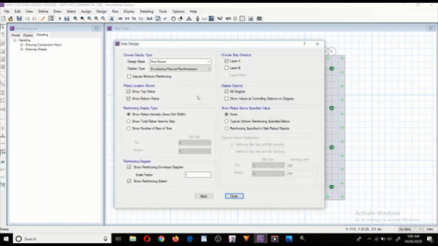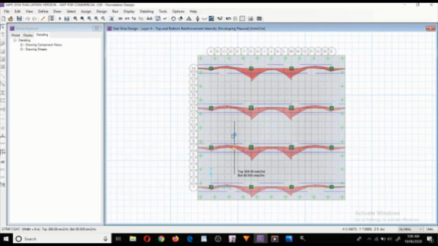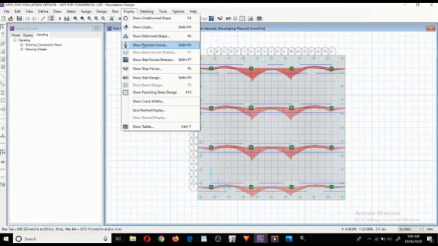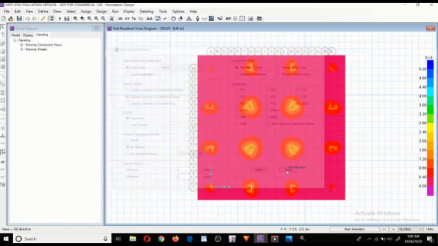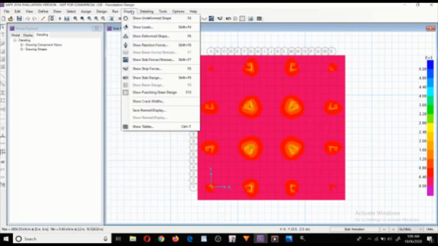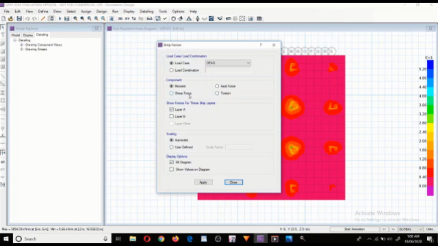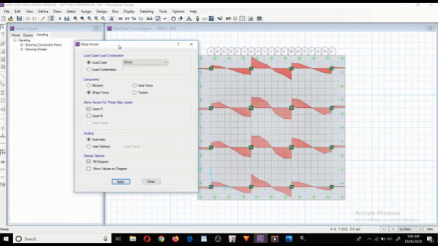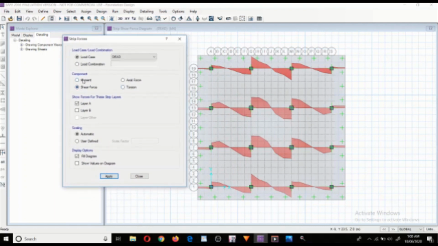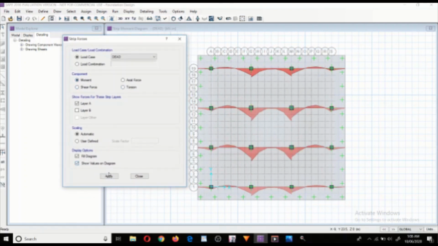Here we can get also results like bending moment, shear force for the footing. Here it completes the foundation design of tall building. Thanks for watching.